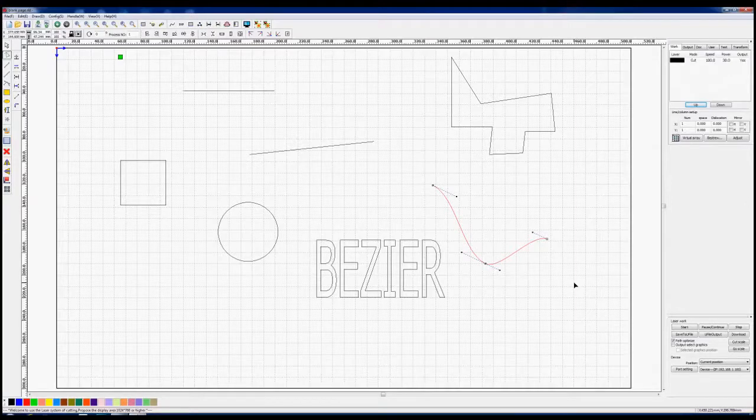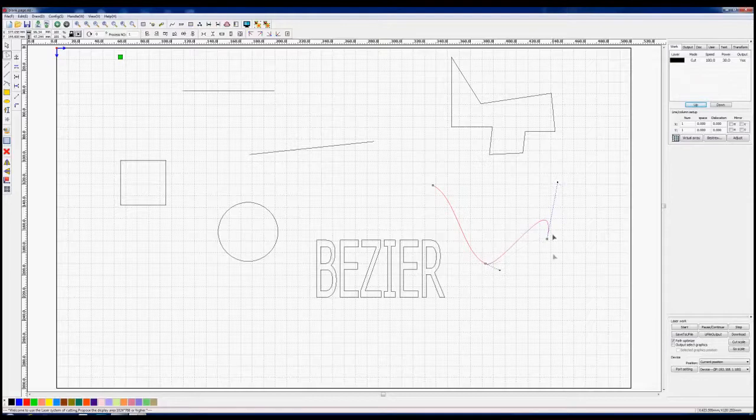But I'm afraid this is not the place for me to try and explain Bezier curves. You're going to have to look the word Bezier up on Google and spend some hours fiddling around with Bezier curves. I'm just going to very quickly give you a brief look at what happens. You've got these levers here and you've got these handles on the end of the lever, and if I change the length of the lever, look what happens to the curve. It's sort of like magnetically attracted to the handle,